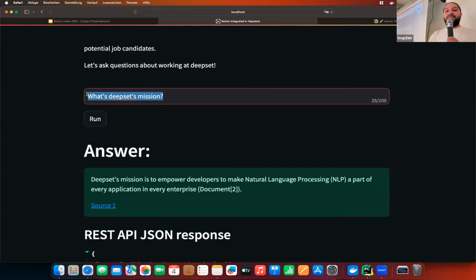As a potential candidate, maybe I like this mission, but I have a follow-up question. Maybe I like to work from home and not go to the office. So I asked the model if I can work remotely at deepset.